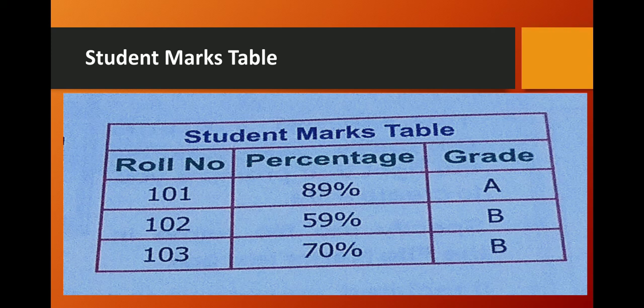So you can define a relationship between both tables using a common field. So we have the common field, that is roll number, given in both tables, the student information table and the student marks table. So with the help of this common field, we can get the relationship between both tables. In this way, RDBMS reduces the duplicity of data. So with the help of this unique field, we can reduce the duplicity of data.